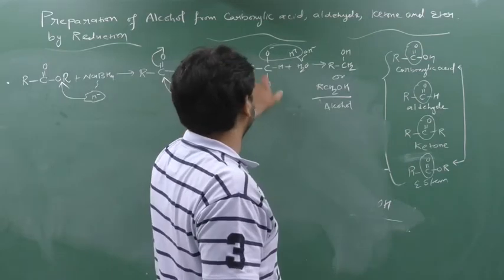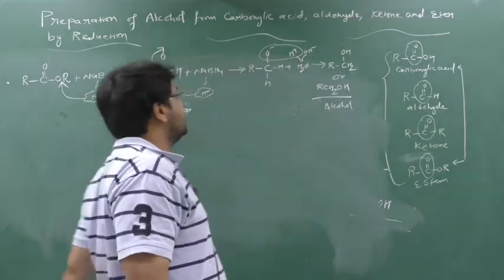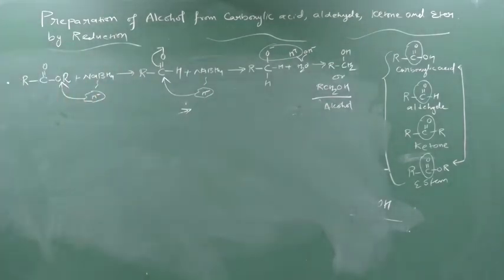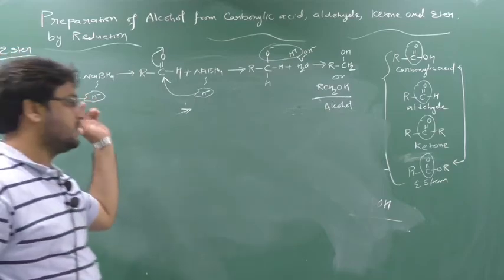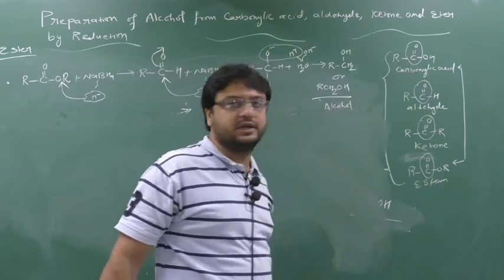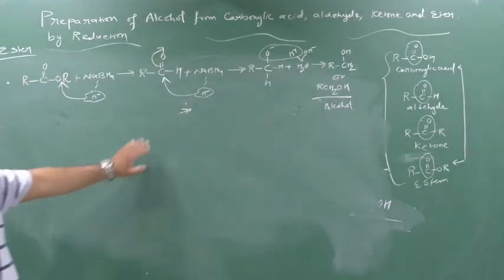It will form RCHO minus H2O, that is H plus OH minus, and forms which alcohol? Same type of alcohol. Clear? So this is how to solve the ester also. This is over, so this is the example of ester. Just replace R with H in carboxylic acid, you can get the answer for ester. Clear? But now we will see one example.